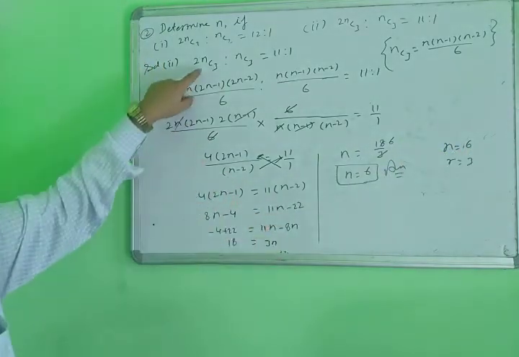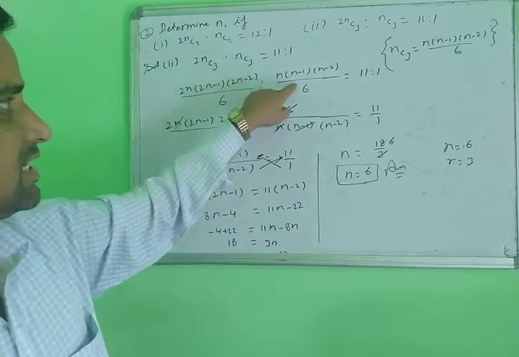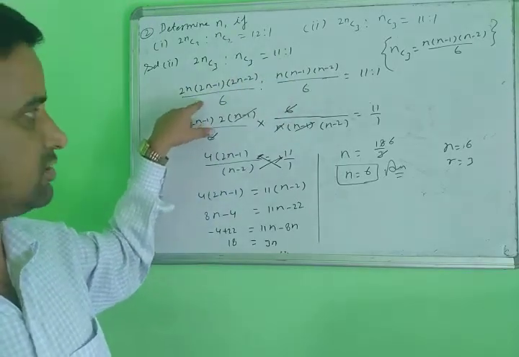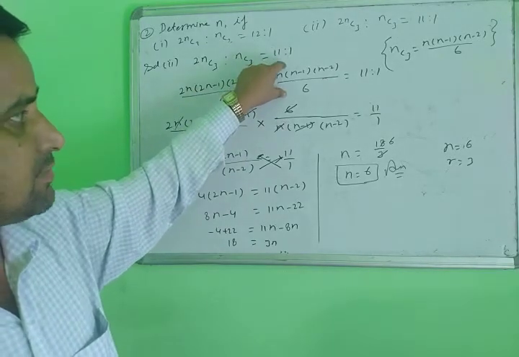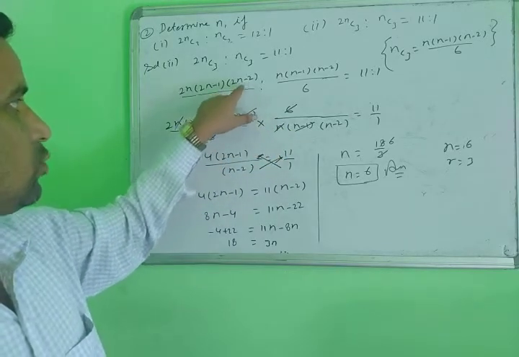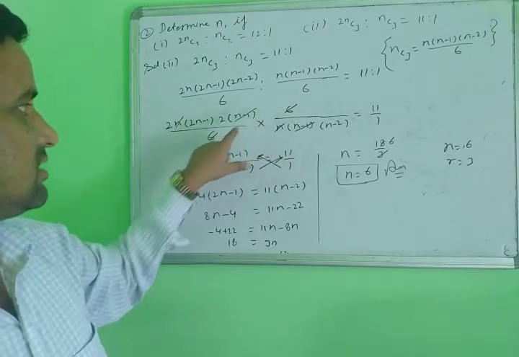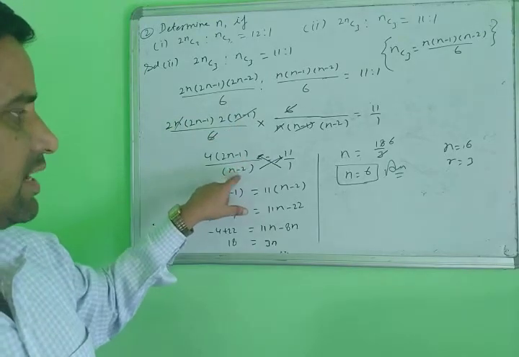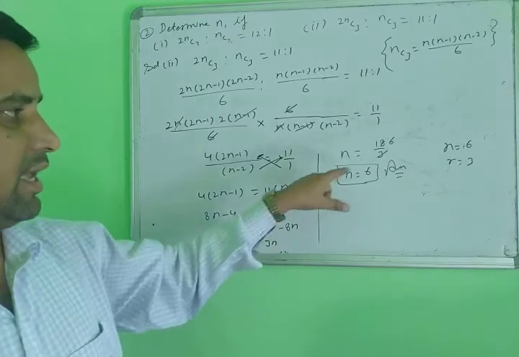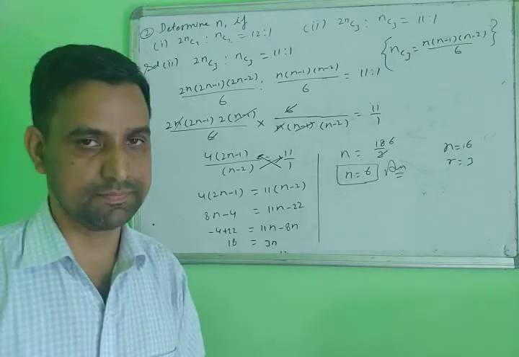Yes, now look here. First of all, you will use this shortcut identity. First part same in the second part. After that, you take the reciprocal of the second part, not changing the first part. First part will remain the same. You take the reciprocal of this second part, and then make the like form. Here you always take 2 common, then this and this portion are alike, so cancel. This 6 and 6 will be cancelled. What is left here you write here, and what is left here. Then cross multiplication, then you will get the value of n. According to this you will solve the questions. Yes, note down. Then next question.